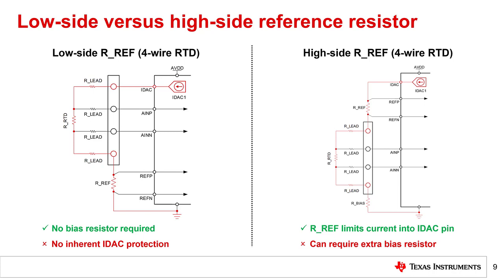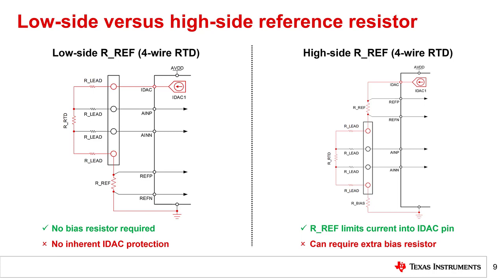One of the disadvantages of a high side reference resistor is the need for RBias. However, this component does not need to be high accuracy and low drift like RREF, so there is little additional cost. In reality, there is little advantage to choosing a high side versus a low side reference resistor to measure a single 4-wire RTD. This choice matters considerably more when the system is measuring a single 3-wire RTD using 2 IDACs, or when designing a multi-RTD measurement system. Both of these topics are discussed in more detail in subsequent Precision Labs modules.